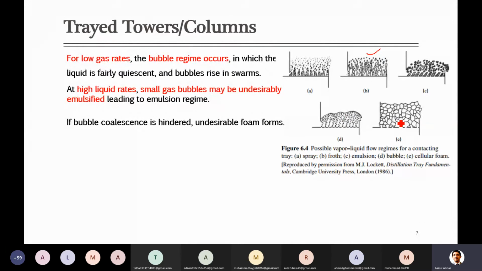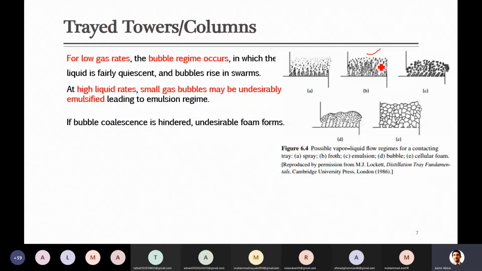Foam formation takes place, and foam, you already know, is also like trapping of some vapor inside the liquid. When foam formation takes place, there is still not much mass transfer. Those vapors which are coming are a very small amount, at a very low rate, and they are also trapped inside the system.